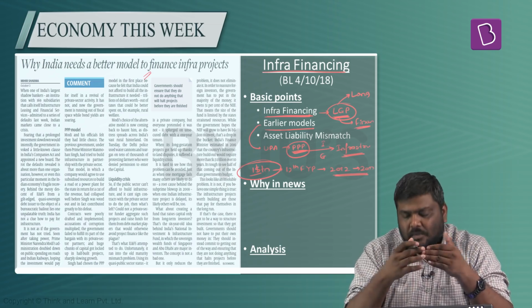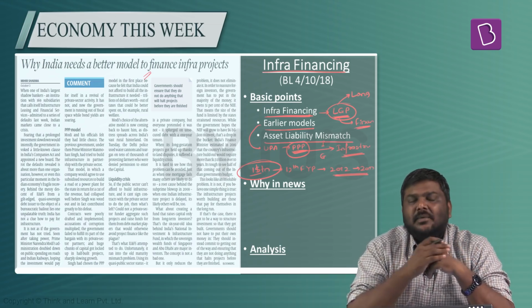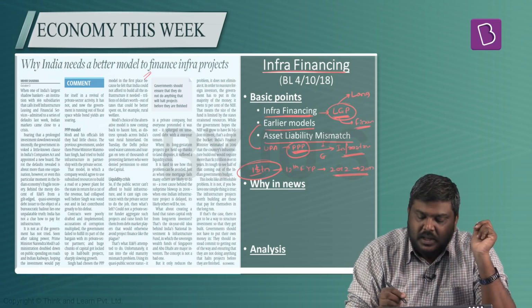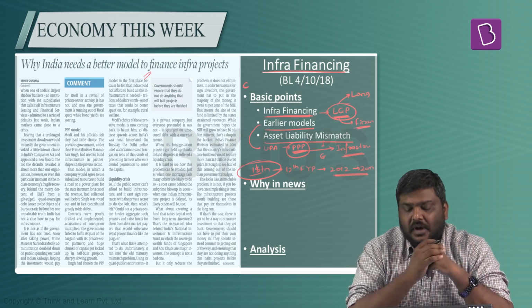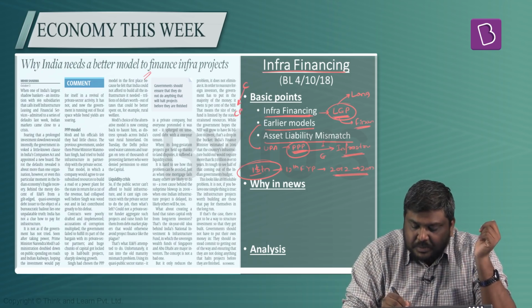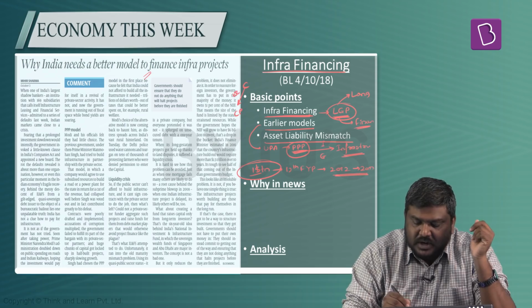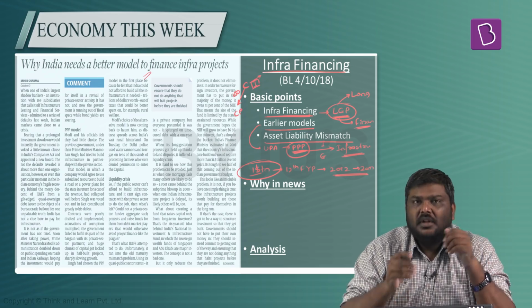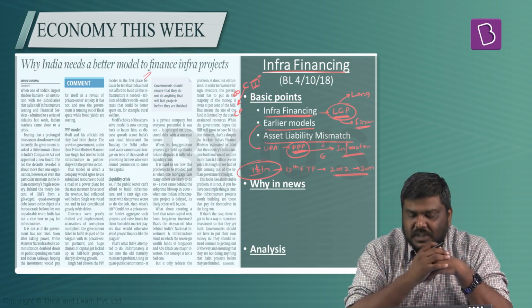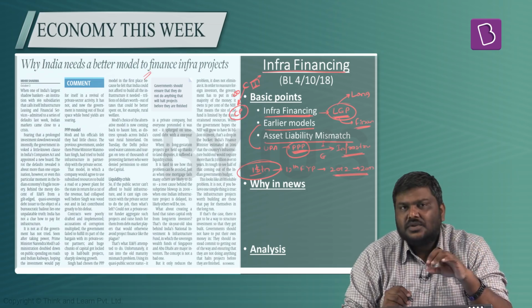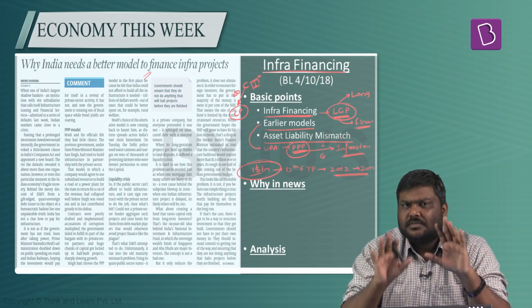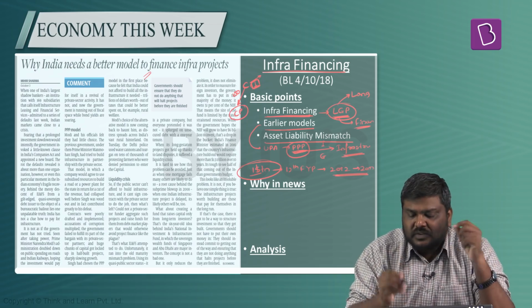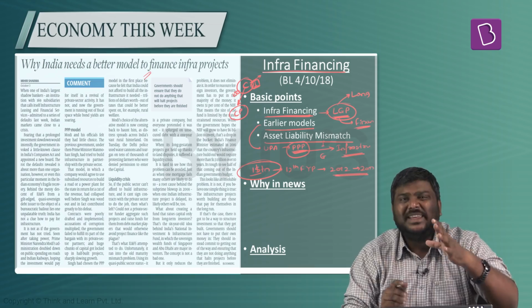So what is the problem presently? The problem is asset liability mismatch. What has happened is, let's say one example, here is a company, it has issued, let's say a commercial paper and has collected money worth 100 rupees, but it has continued to invest in an infrastructure project. The problem with this kind of modeling is that the commercial paper will mature within 1 year, whatever the duration is, but it will definitely be within 1 year. Whereas this particular infrastructure project will only give the returns for this particular company after many years.